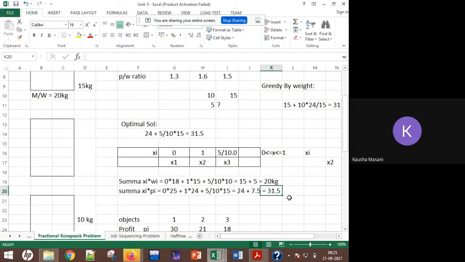All right, so this is how you do your fractional knapsack. You can give this example in the theory also. If a theory question is asked, explain the knapsack problem, you can give this small example. Take 3 items, take their profit weight ratios, and explain like this.